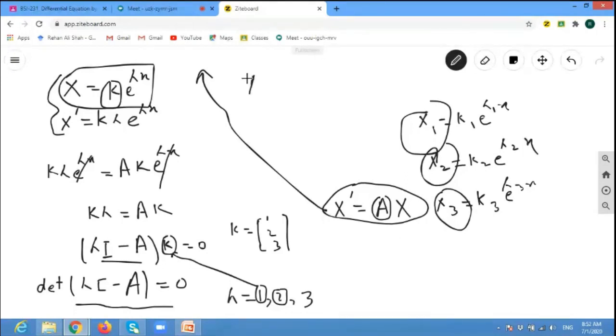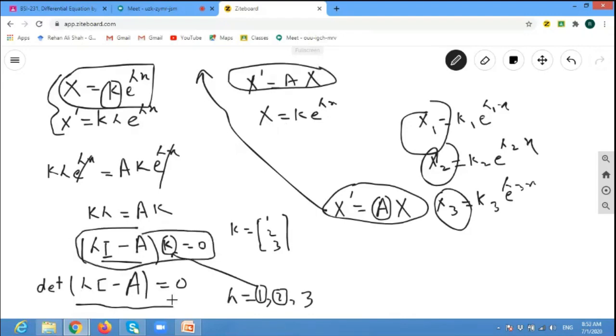The question was that every first order homogeneous system can be written as x dash is equal to ax. That was the question. Now how to search for the solution of this system? If you look into the structure of this system, it is actually in the form of y dash is equal to ay. So actually we are searching for the solution in the form of x is equal to k e power lambda x. If you take the derivative x dash and put the values in this equation, you obtain this set,